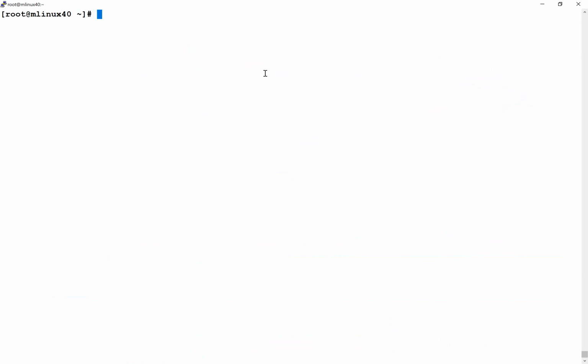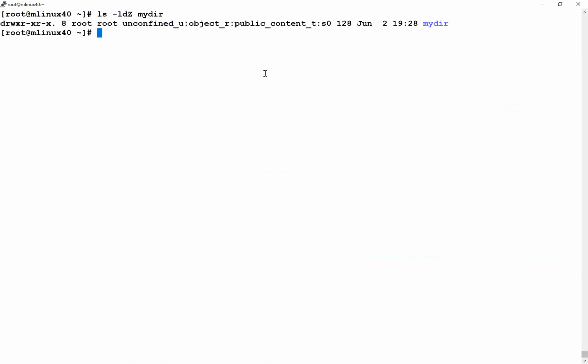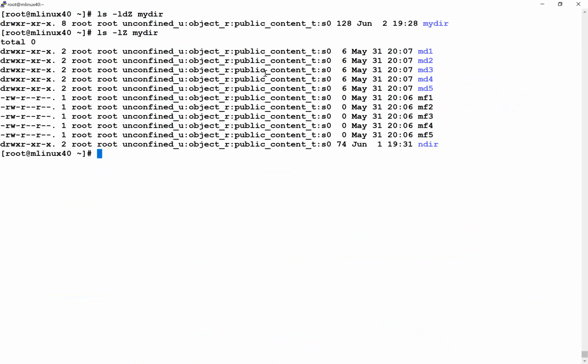On the directory, if you are trying to do this activity, probably you want to do it recursively. I assume that you want to do it recursively. So I have a directory, and in this directory, I have a number of files. In a single shot, I want to restore the directory and all the files inside it. How can I restore it? I'll say restorecon